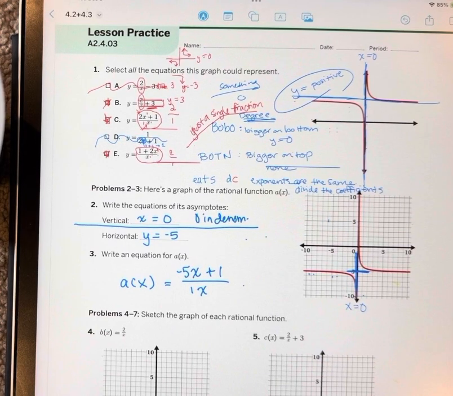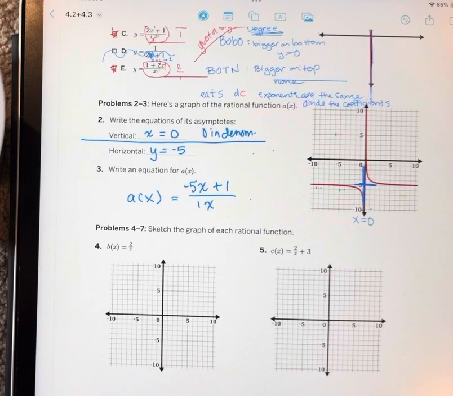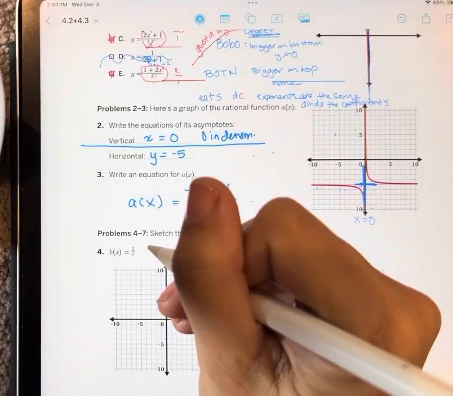Okay. Here I am, I'm going to sketch the graph of each rational function. So let's go gather our info. I have a vertical